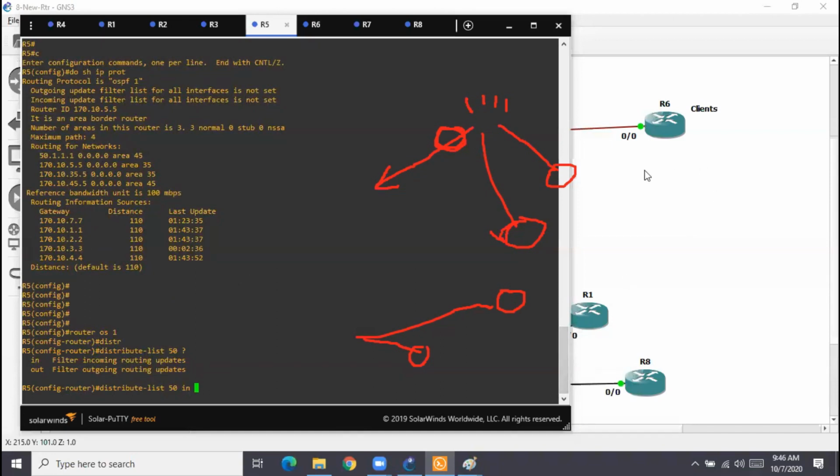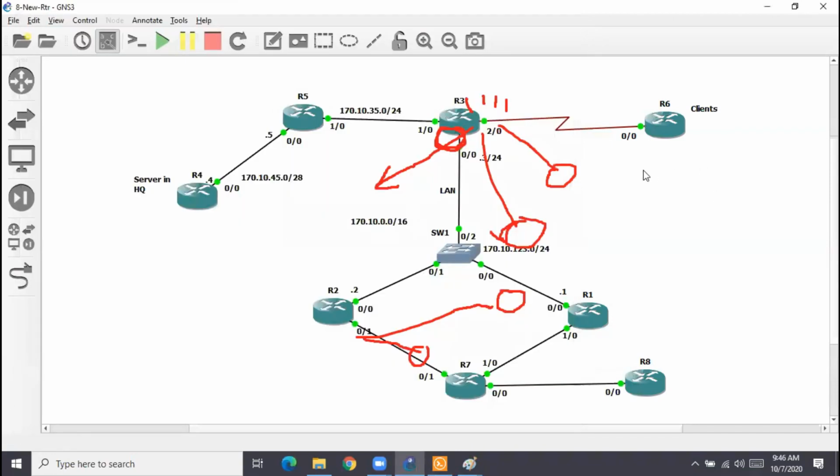As per this diagram, R5 is receiving the route from where? R3. So basically, the interface towards R3 is where I should apply the filter, the R5 incoming interface 1/0. What is this interface? Gigabit 1/0 on R5?